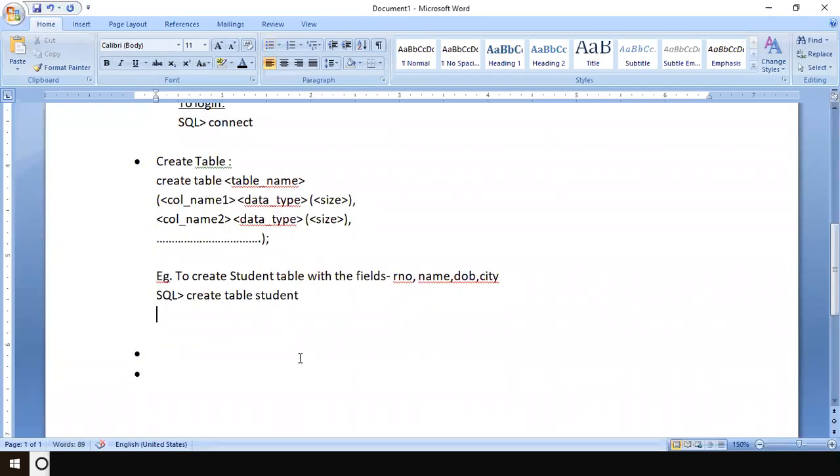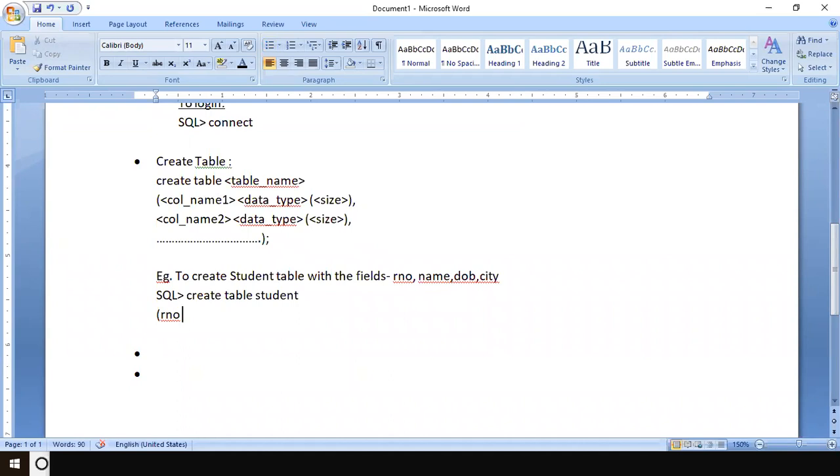So here, see, it is not necessary that you take it on the next line. I take it for convenience. Create table student and then type this. So the first field name, what does the syntax say? Column name, you have to type. So what is our column name? Roll number. Give space. What is a data type?